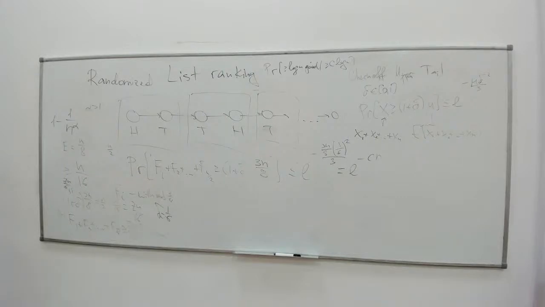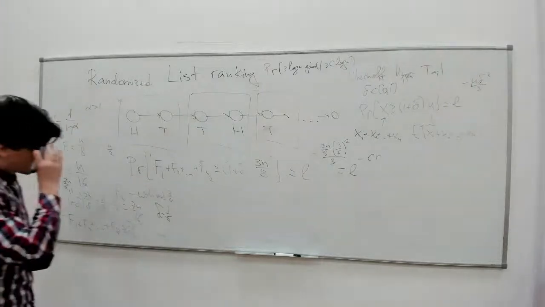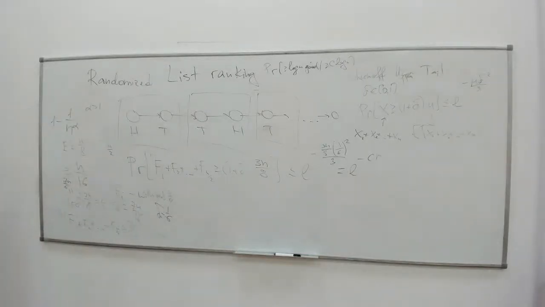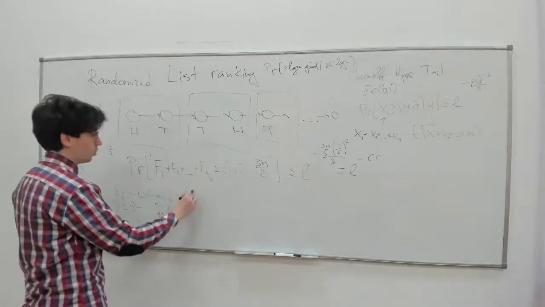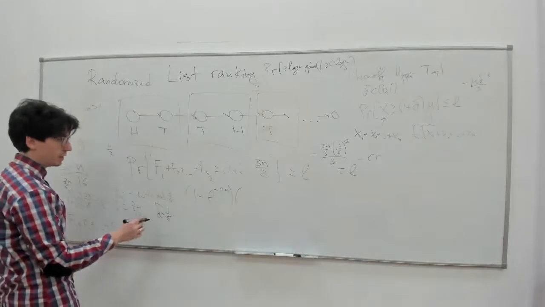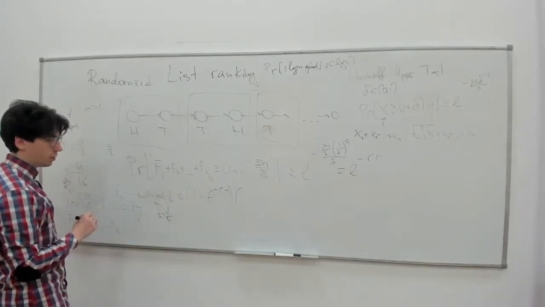Just to the size of logarithm n. And after that, on the list of logarithm n size, I will just do everything sequentially, and it will fit in our bounds for our span bound. Okay, so I will calculate the probability that all the steps in our algorithm are successful. So it is 1 minus e to the power cn, so the probability is less than or equal